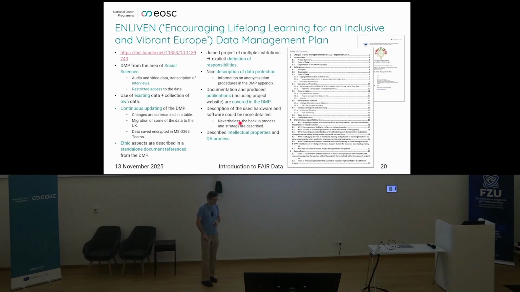Having a clear declaration of what part of the project, and so what part of the money, is going to what institution can be useful. Yes, description of data protection. Even publications are part of the data management plan, as a publication is also a kind of data. If you have a PDF of the publication, it's also a kind of